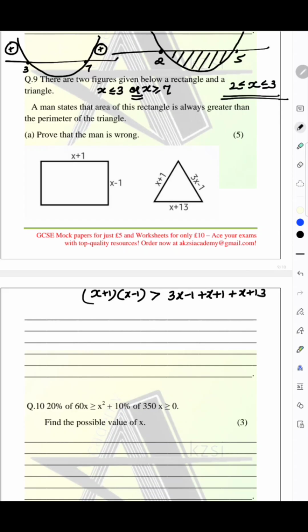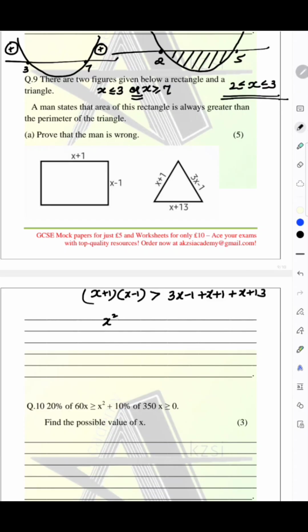So this will be x plus 1 times x minus 1, which is x squared minus 1 directly. I told you, if the a squared minus b squared format is given, then the factors will be a plus b times a minus b. So the vice versa works as well. So in that case, it will be x plus